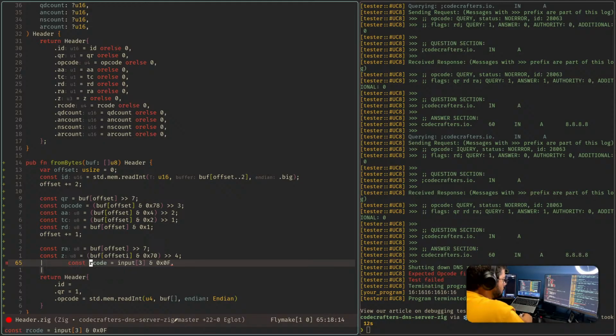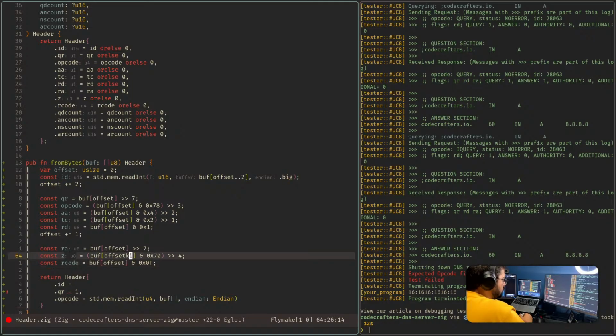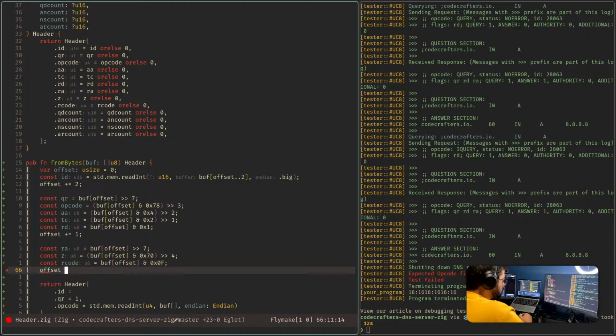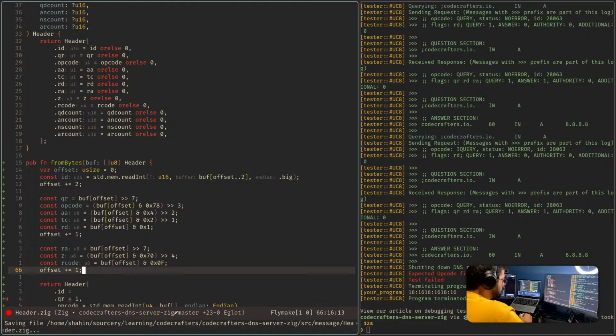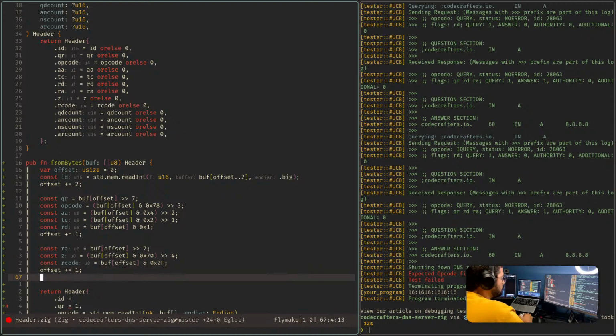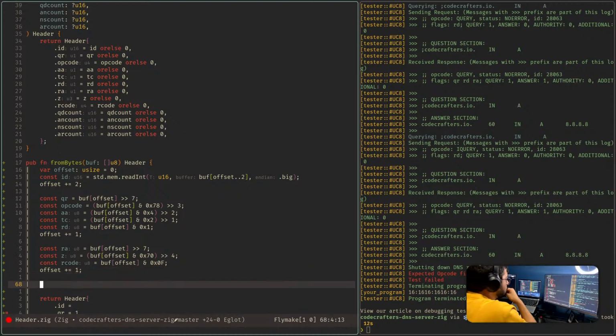Const buff offset, and remove this piece. And then again, offset plus equal 1. What else? The rest is